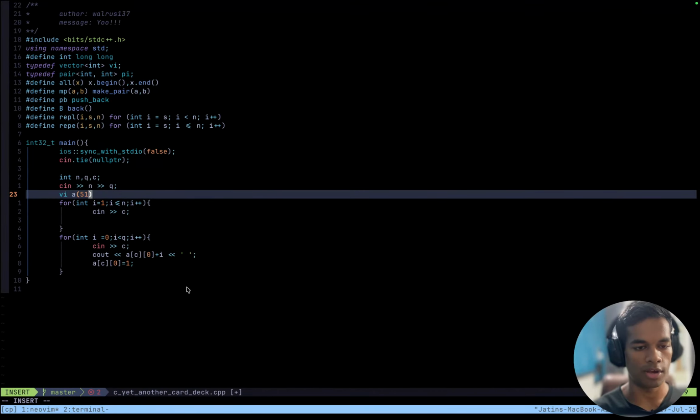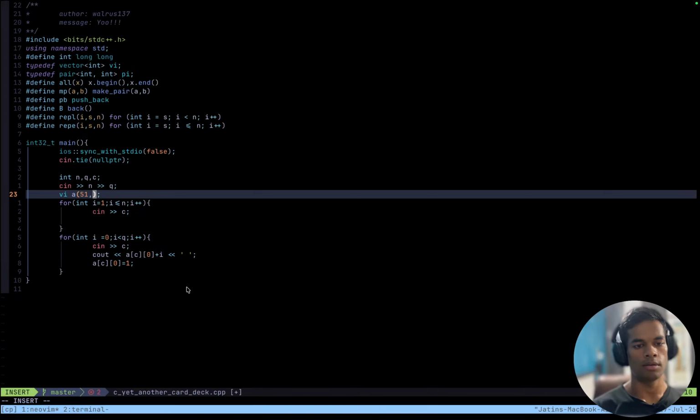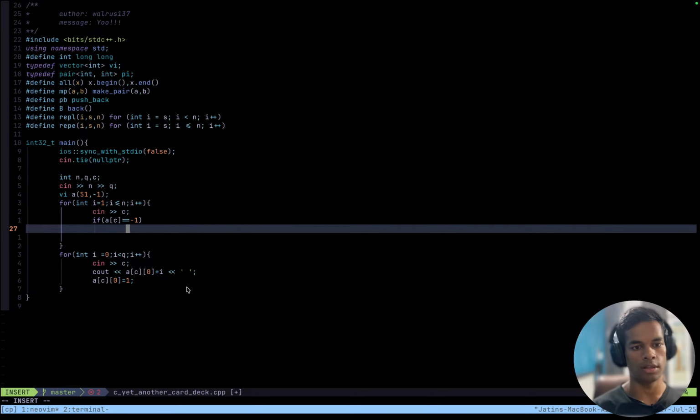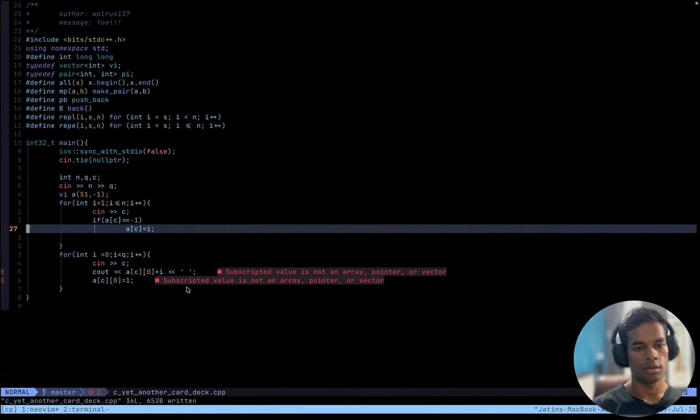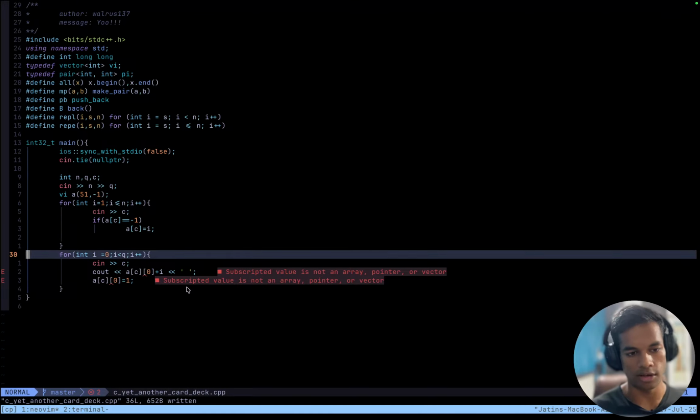So of size 51, everything initially is 0. Let's say I initialize that at -1, and if A[c] equals -1, then A[c] equals i. That is the top for the color c.